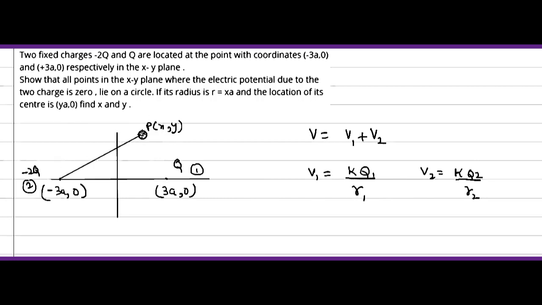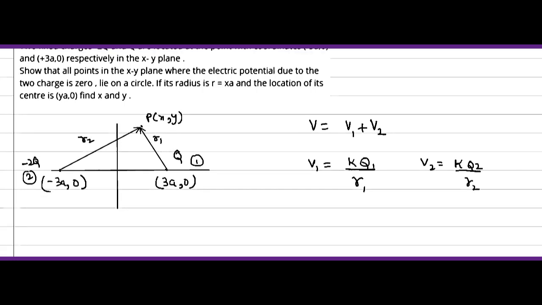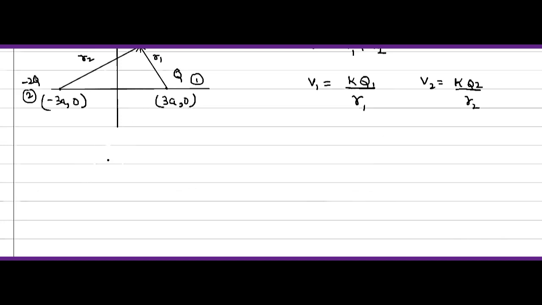From this location, at which we have the charge, to the location at which we need to find the potential. Similarly, this would be our R1. Okay, so let's say this is our R1 and this is our R2. Now what would be the value of R1 and R2? From the figure itself, it is very clear that R1 would be equal to